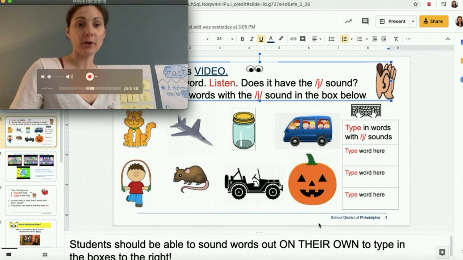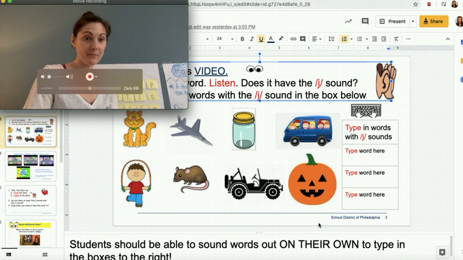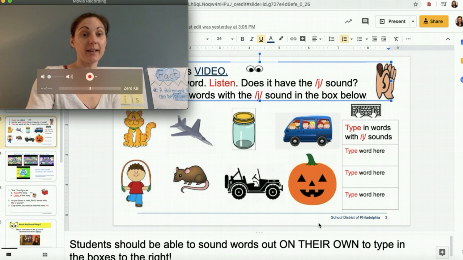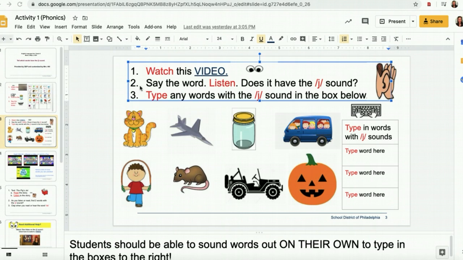So this is where you're going to need your piece of paper to write down some words. And like I mentioned in the beginning of the video, you can have someone take a picture of that and upload it to the Google Classroom assignment, or you can get into your own slide here at the end, and I'll show you how to do that, and type in your notes that you're taking now. Okay? So for the next part, you are going to say the word